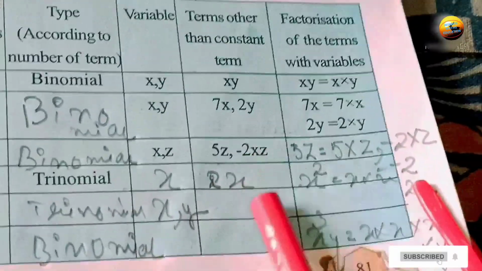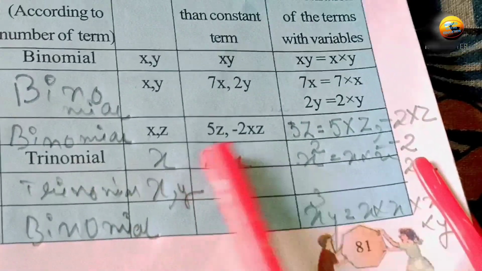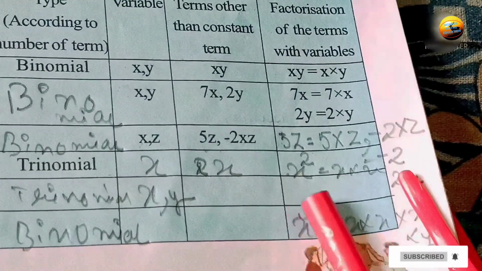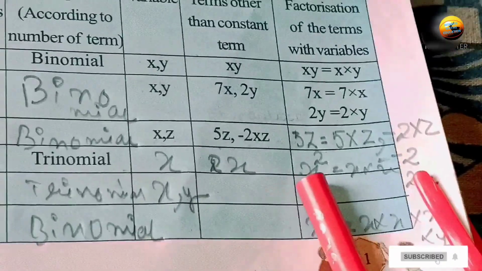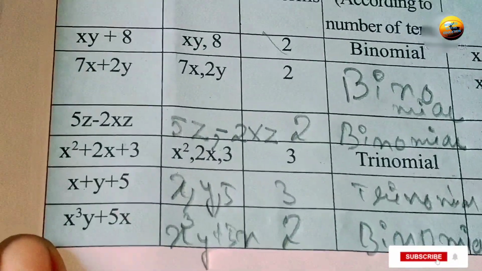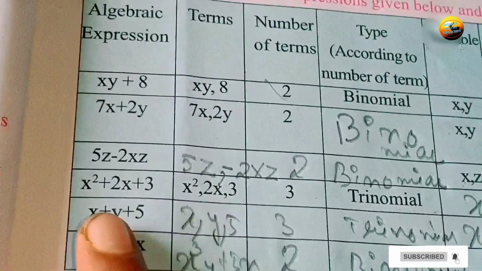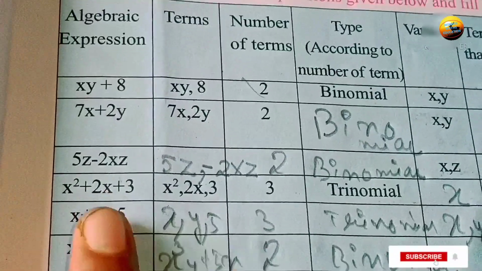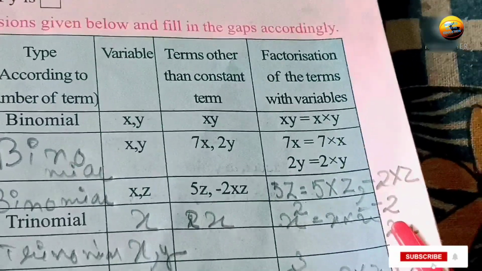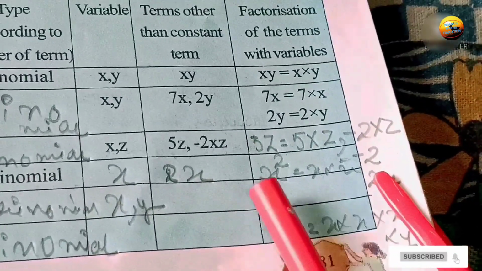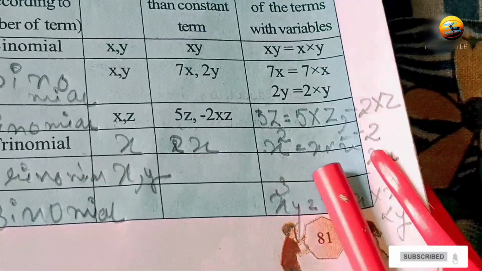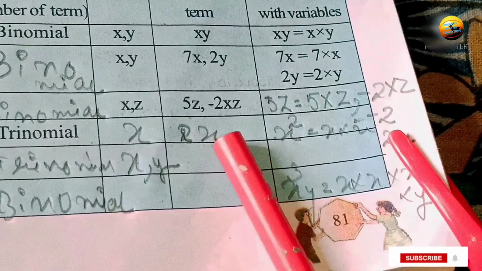ওকে, তো তারপর আমরা লিখবো টার্মস আদার দ্যান কনস্ট্যান্ট টার্ম will be x², 2x, then the factorization of the terms with variables will be x² and 2x. ওকে, সো x² and 2x কেন নিলাম আমি? কারণ আমাদের x² আছে ভ্যারিয়েবল, আর শুধু 3 আছে আমাদের এখানে কনস্ট্যান্ট টার্ম। ঠিক আছে, x আছে আমাদের ভ্যারিয়েবল আর 2xও আছে ভ্যারিয়েবল। তো এখানে আমাদের কি বলেছে? টার্মস উইথ ভ্যারিয়েবল, যেগুলোতে ভ্যারিয়েবল আছে, সেইগুলোই তো আমাদের ফ্যাক্টর করতে হবে। তো আমরা সেটাকে প্রথমে x² নিলাম, তো x² মানে আমরা জানি x * x = x², তো 2x নিলাম, 2x = 2 into x।